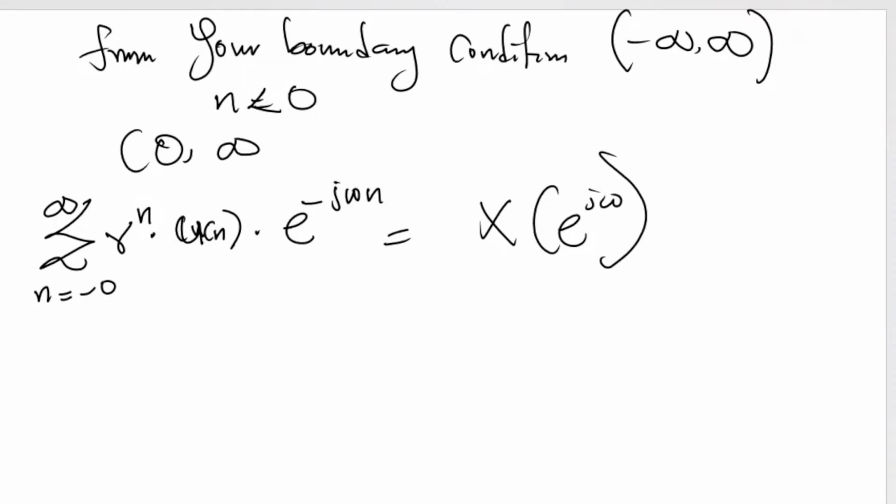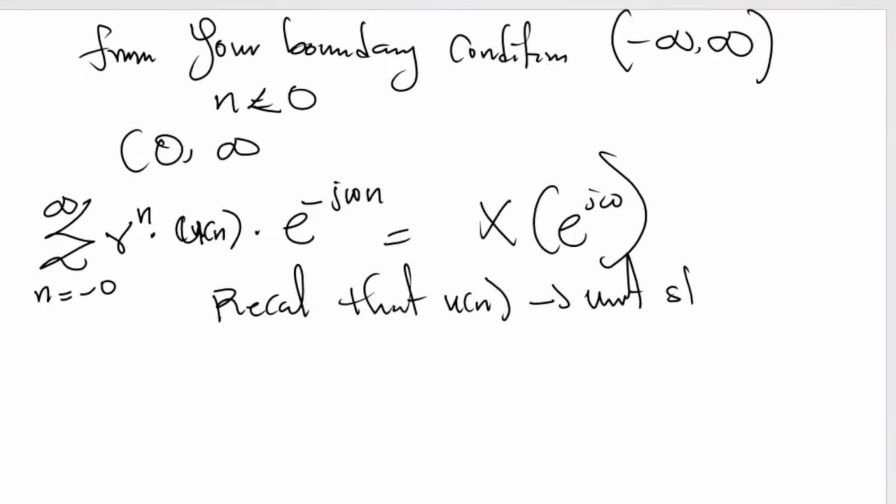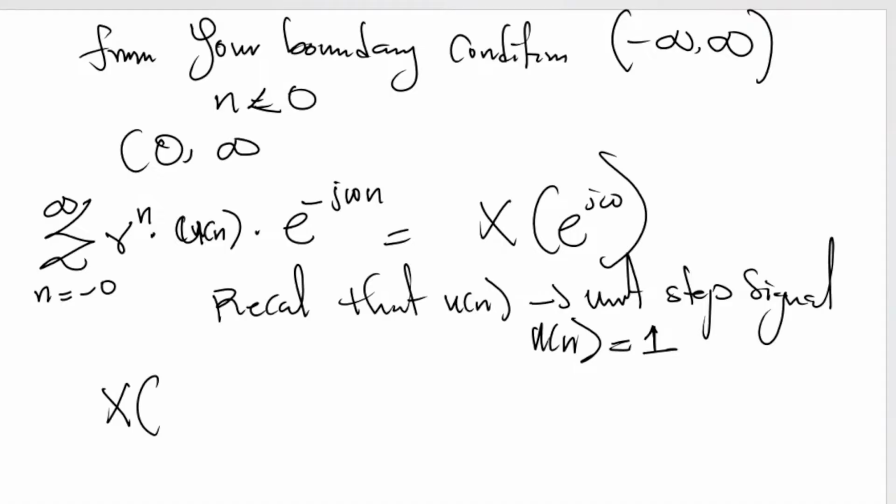So what do you recall? That u of n is a unit step signal. So since u of n is a unit step signal, u of n will be equal to 1, taking the amplitude of your unit step signal to be 1. So we are representing u of n with 1 in our equation. So your frequency domain X exponential jw will now be equal to the sum from n equals 0